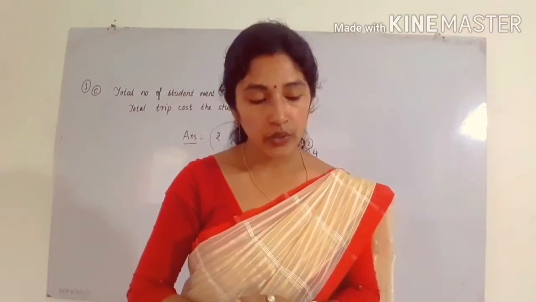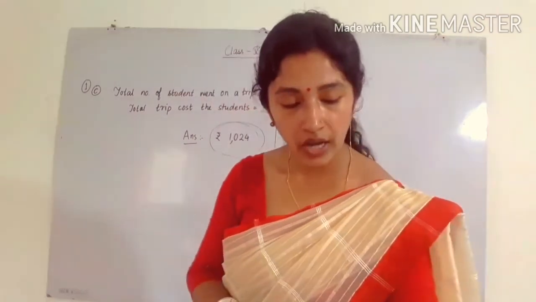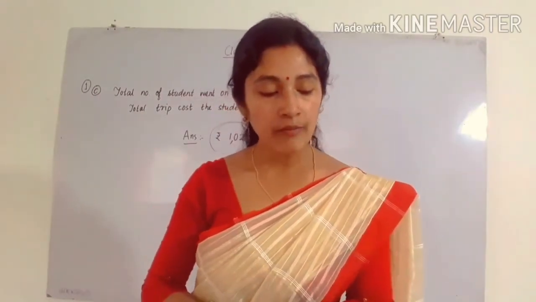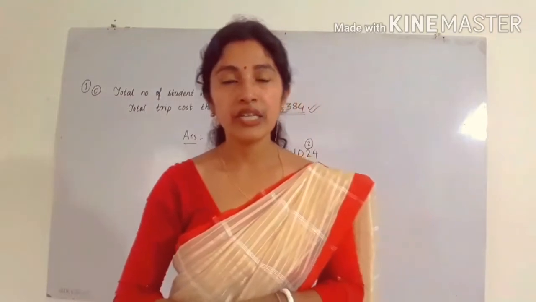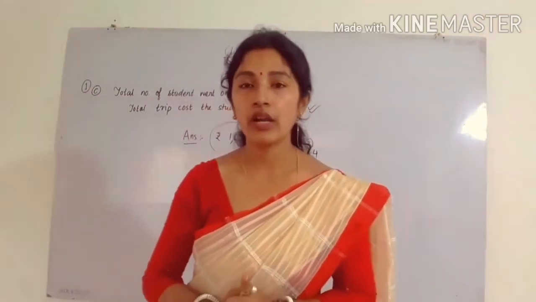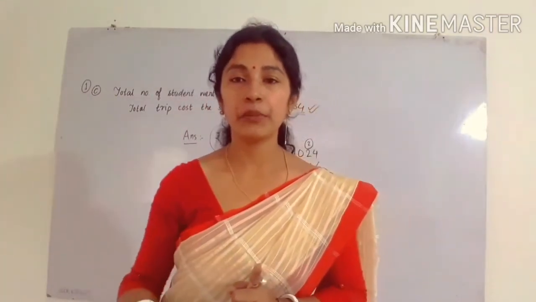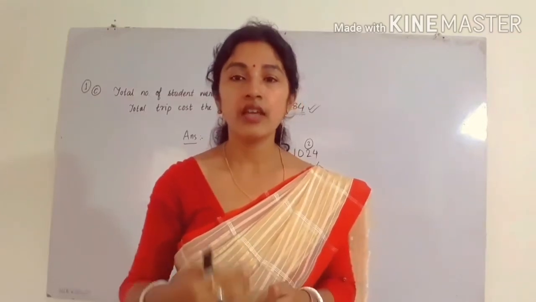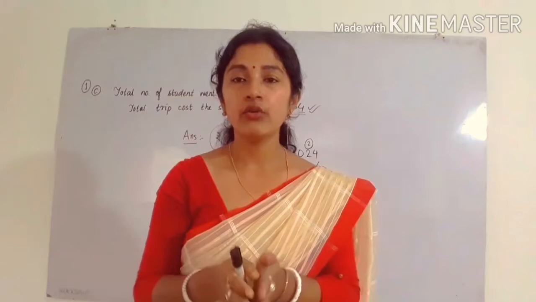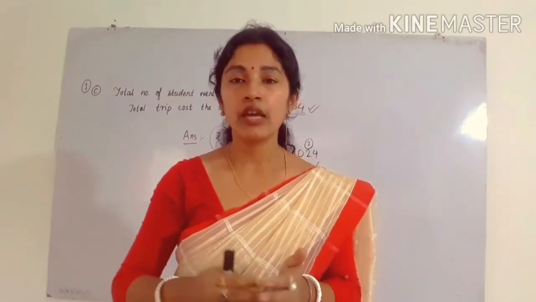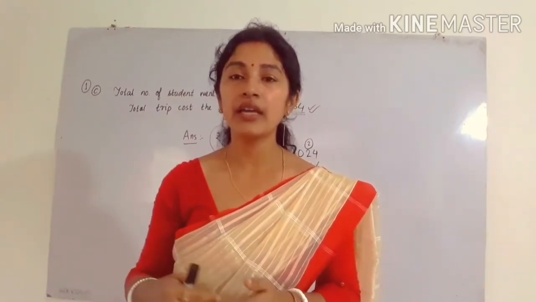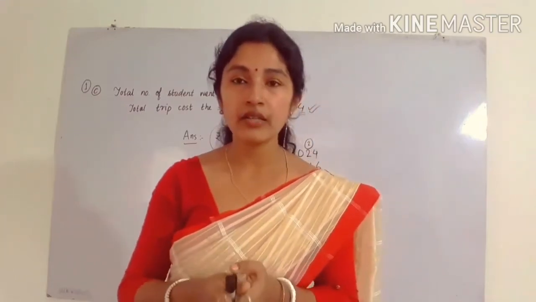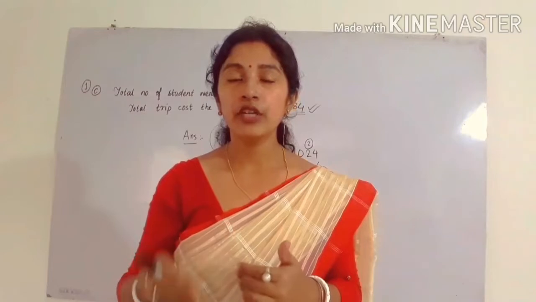Shirin can read 27 pages of her book in 1 hour. How many pages can she read in 7 hours? So what is given? Shirin can read 27 pages of the book in 1 hour. That means in 1 hour she reads 27 pages. We have to find how many pages she can read in 7 hours. If it is given for 1 hour, we can easily find for 7 hours by using multiplication. So we have to multiply 27 with 7.